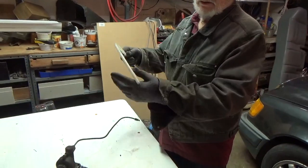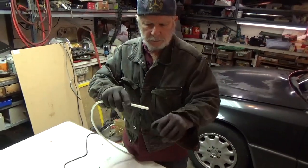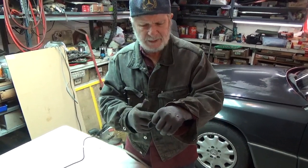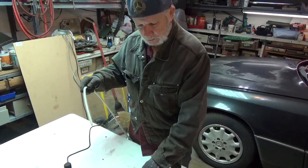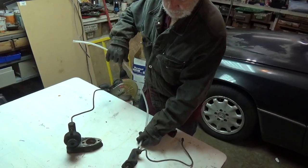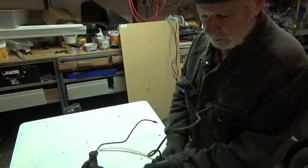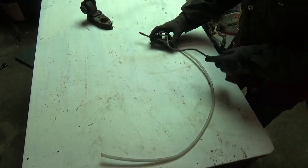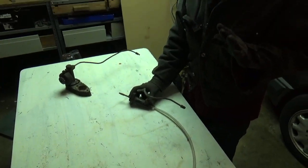Then I like using somewhat clear tubing because you can actually see the fluid in it. First put a box end wrench, the proper size, sometimes it's 7, 8, or 9, over the bleeder screw on the brake caliper, and then the other end to the bleeder screw on the clutch slave cylinder. So this is on the caliper, this is on your slave cylinder. You crack both bleeder screws and have a helper slowly push